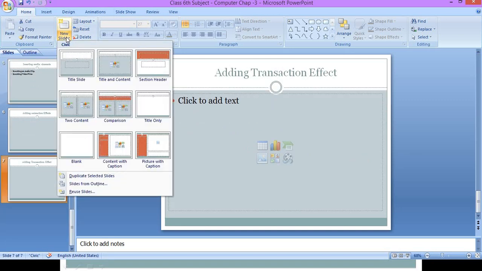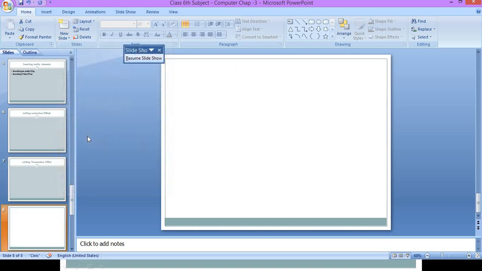First of all, I will take here a new slide as I want to insert different shapes on my slide. So in PowerPoint, which slide can I take? I can take a blank slide. So here I have taken a blank slide. Now what I want to do is insert a shape. I want to draw a shape on my slide. So how can I draw a shape on my slide?